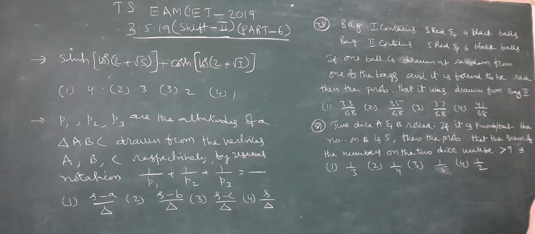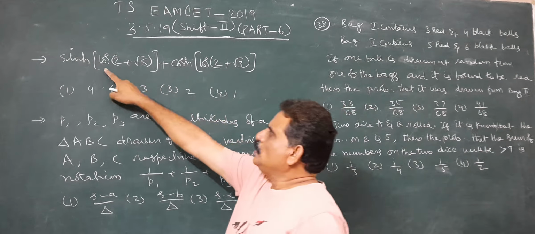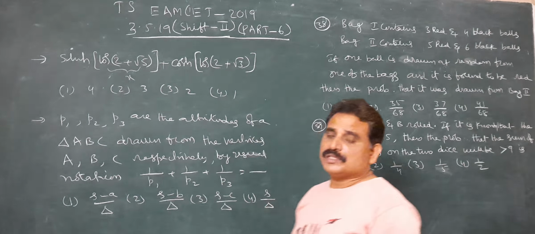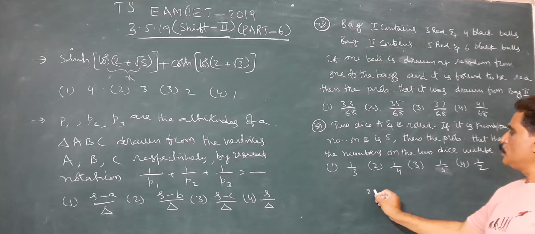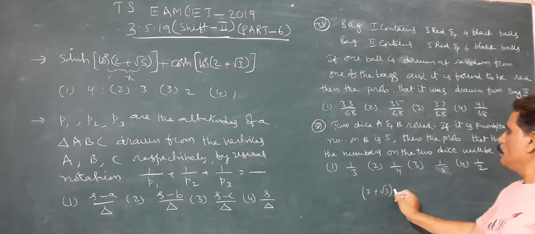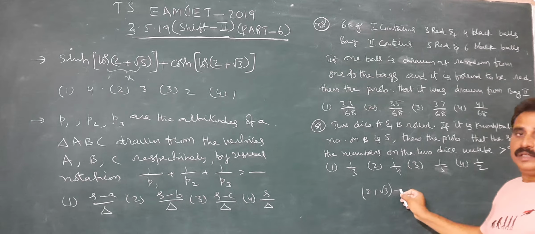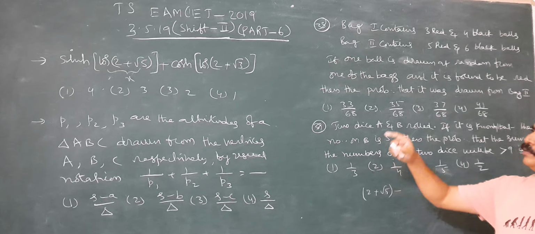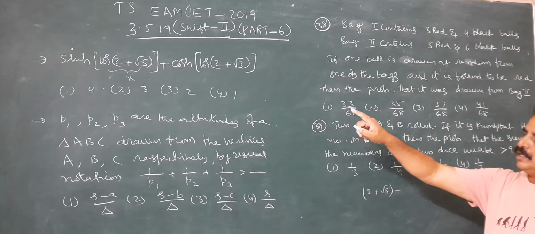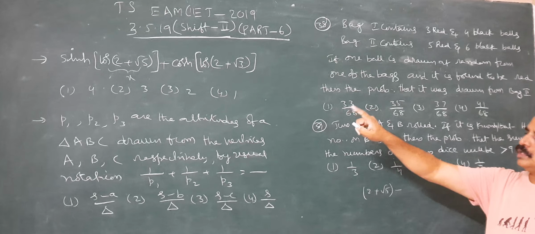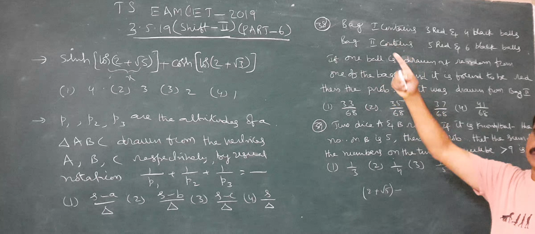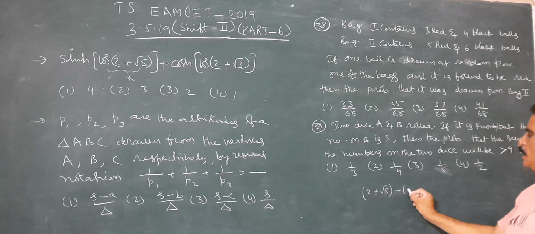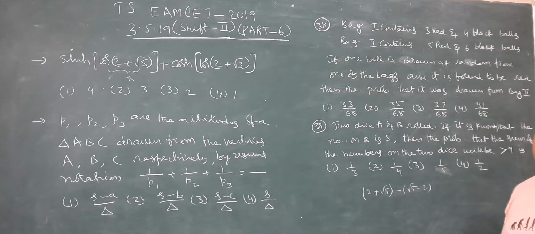Individually calculate. If you take this as x, e power log of this is 2 plus root 5. So, first one, 2 plus root 5 minus e power minus x. That means e power minus log, so that minus becomes 2 plus root 5 whole inverse, 1 by 2 plus root 5. Rationalize that: root 5 minus 2. So that becomes root 5 minus 2 by 2